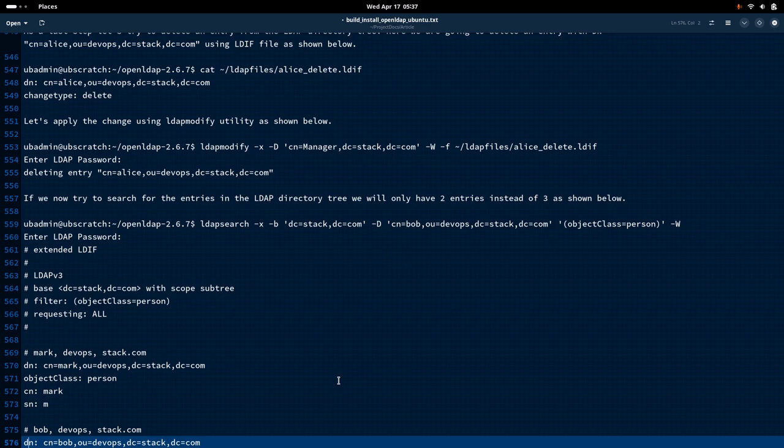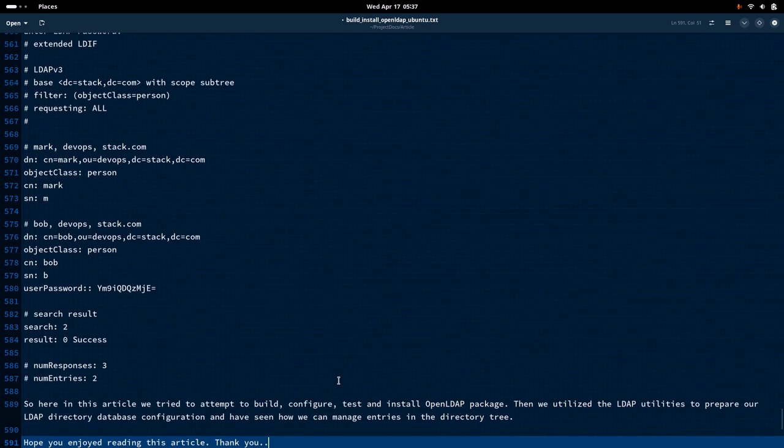We have seen how we can compile and install the OpenLDAP package, and how we can build a directory structure using the configuration database file, that is the slapd.ldif file. And we have seen how we can utilize the LDAP utilities like ldapadd, ldapmodify, and ldapsearch to manage our entries in the LDAP directory tree. So this is all I wanted to show you in this video,